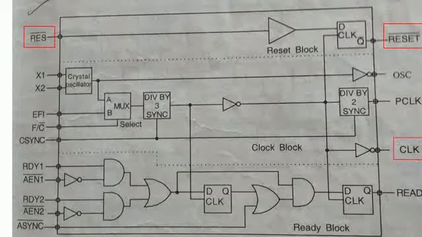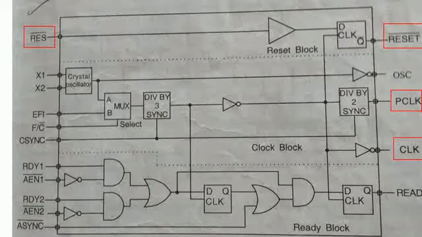Now, this particular clock block is not only generating the clock signal, but it is also generating the clock signals which are required by the peripherals. Means in a microprocessor based system, we are not only having the microprocessor, we are having some other components which are externally interfaced to the microprocessor. Those components are called peripherals.